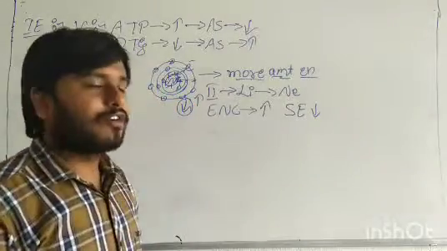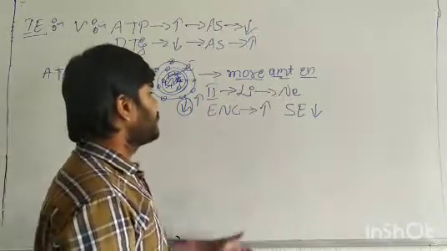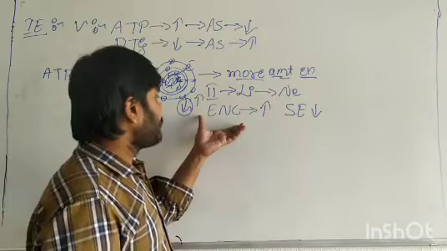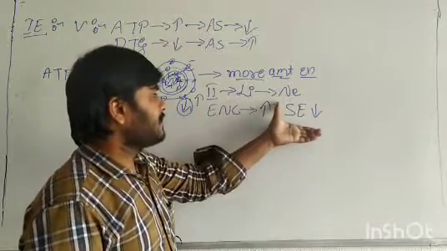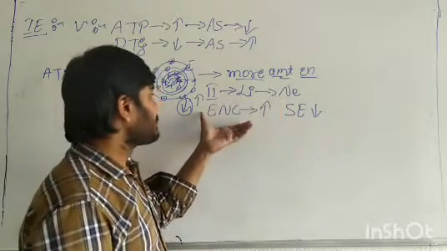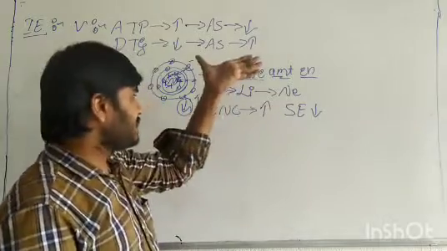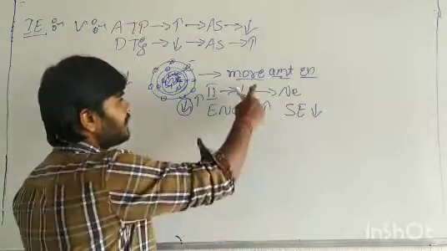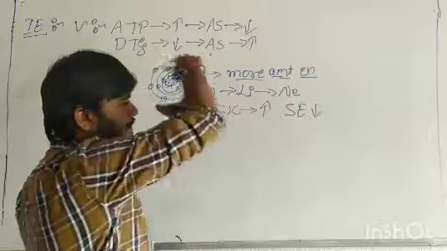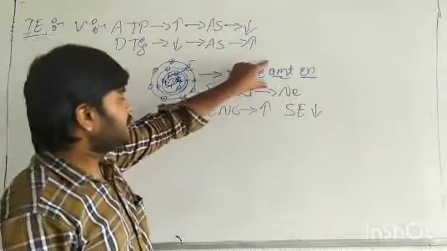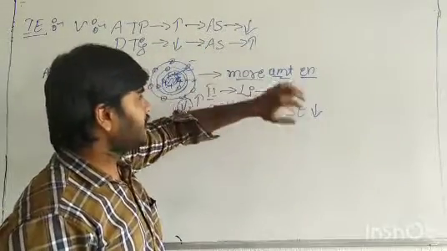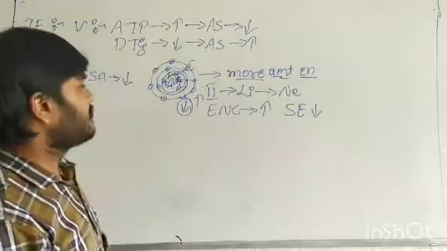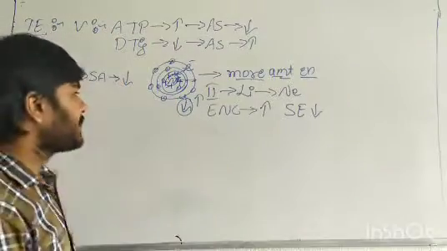That means along the period, the screening effect is decreasing and the effective nuclear charge is increasing, so we require more energy to remove an electron along the period. Okay, here guys,